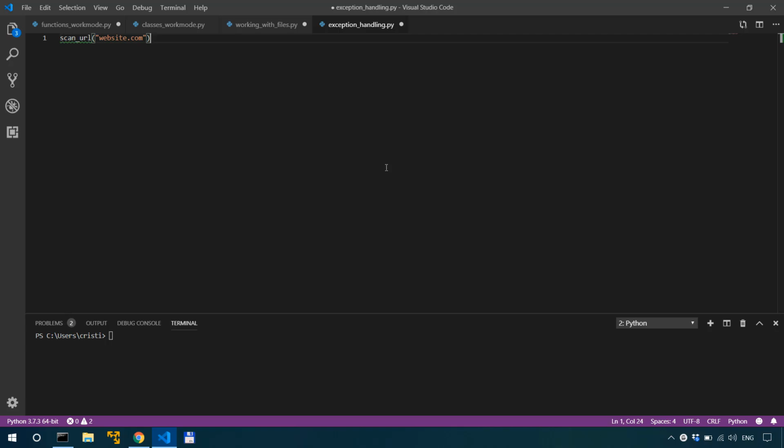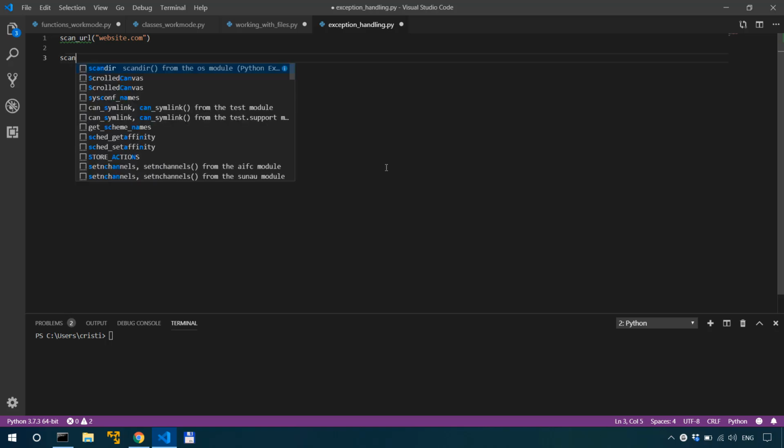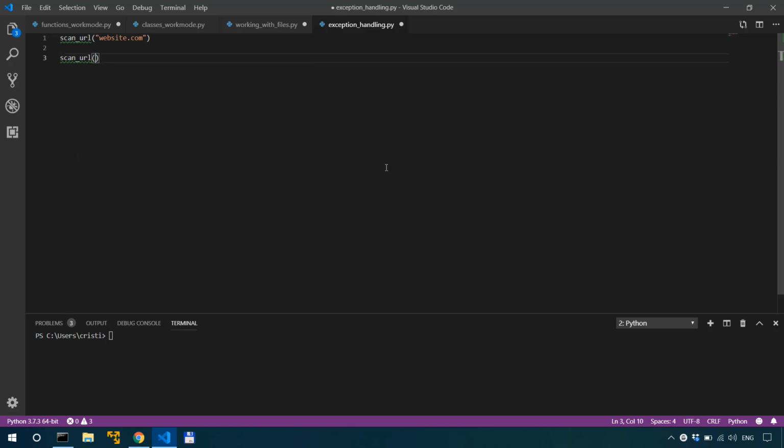However, if someone doesn't know the correct way of using it, and instead of providing the URL as a parameter, they provide an IP, the code will break with an error. So in this case, if someone calls scan_url with, let's say, 192.168.1.1, this will cause an error, probably a type error, and the program, the script or the code will exit or break. Now, an elegant way to deal with this situation is to encapsulate the running of the function,